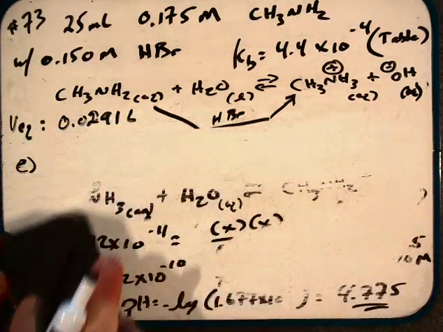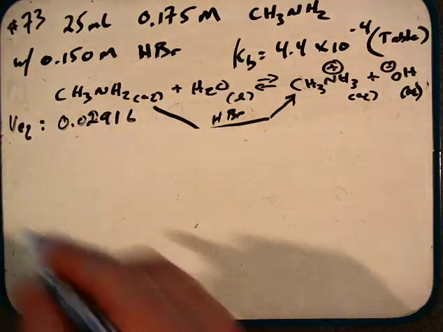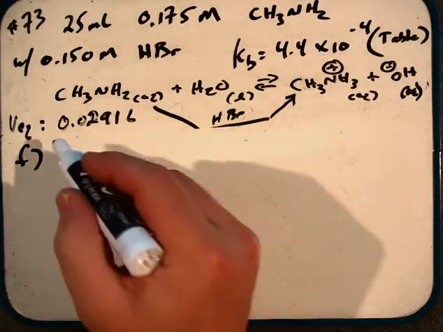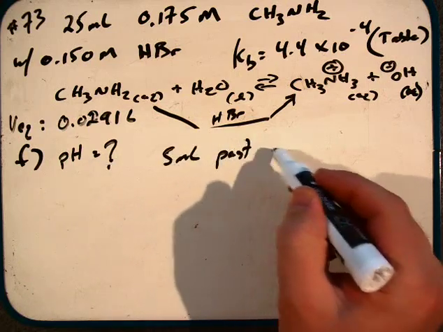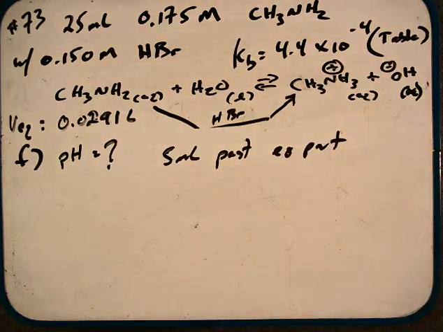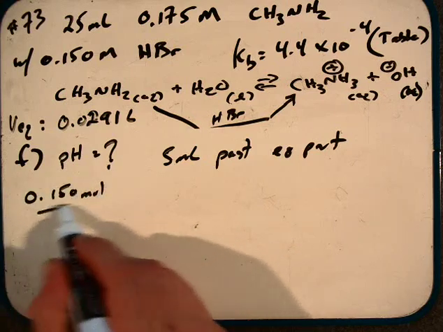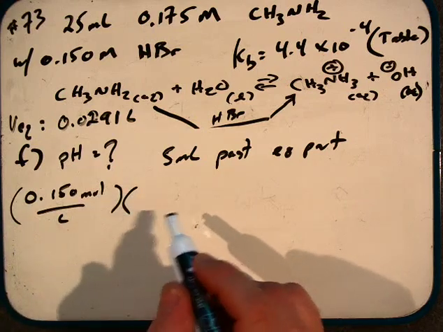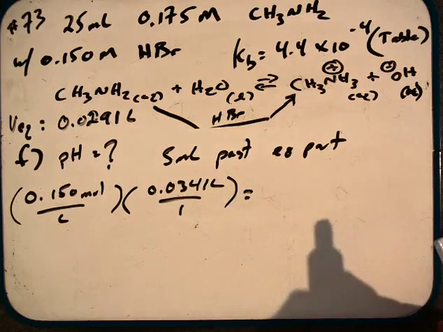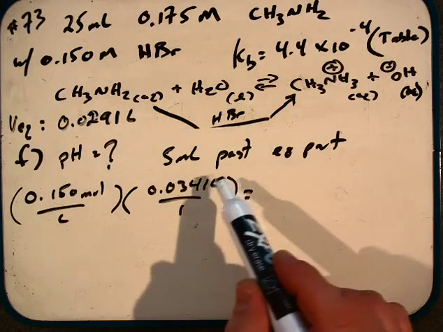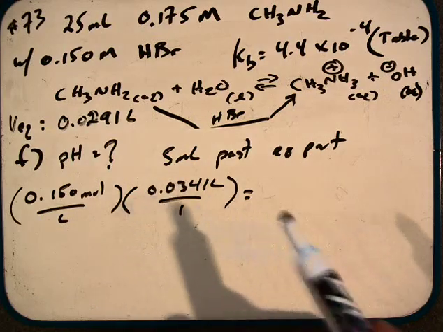The last part, F, is looking at past the equivalence point. So pH when you're 5 milliliters past the equivalence point. So we have to do some similar things here. Let's figure out our new mole value, because now what we have to do is figure out, well, since we're past the equivalence point, how many moles are we past the equivalence point? And so if we're 5 milliliters past the equivalence point, we take our 0.0291 and add our 0.005. We get our new volume of 0.0341 liters